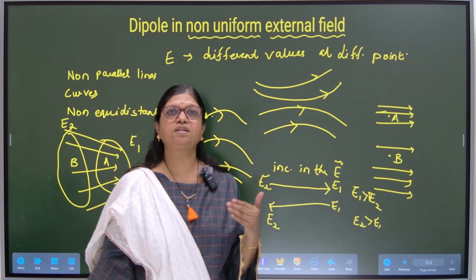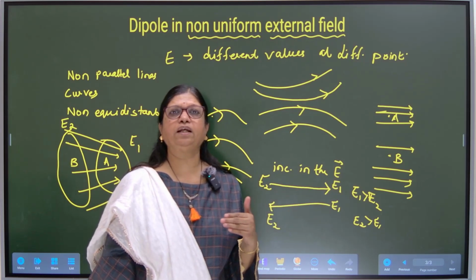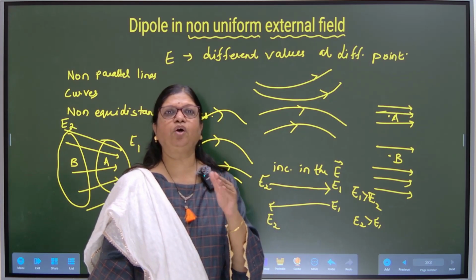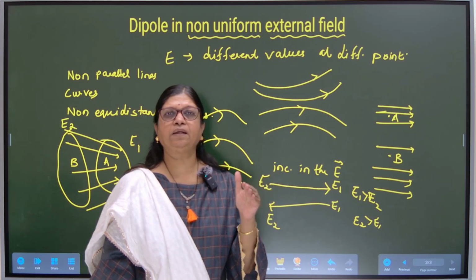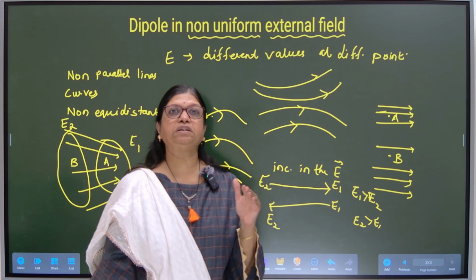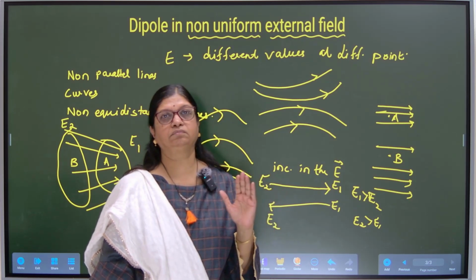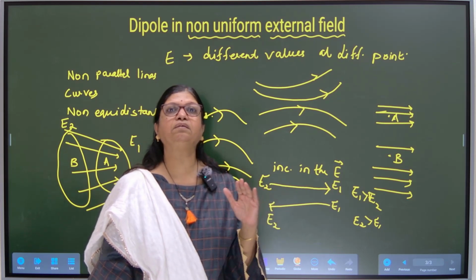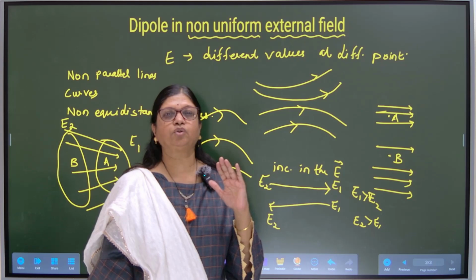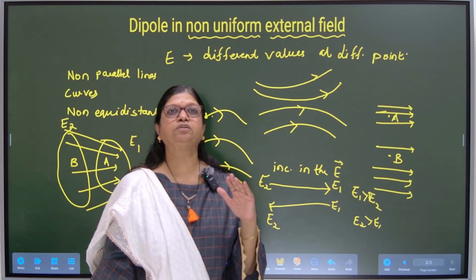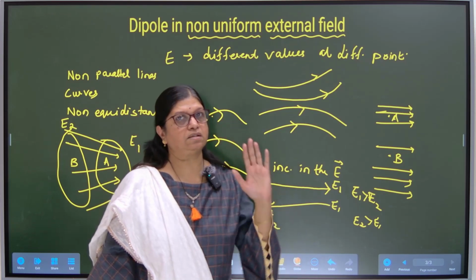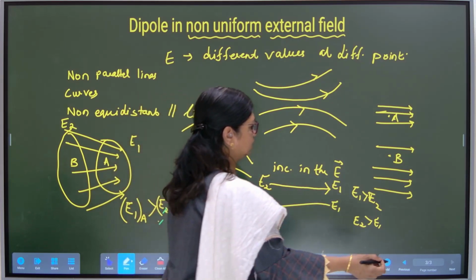Now, whenever such words are spoken, don't get confused with so many words. They can just say non-uniform field. It can be just told as non-uniform external electric field. It can be just told as non-uniform field. All mean the same. It only means that the value of the electric field is not the same at every point of the given surface. That's it. Fine. So now let us place